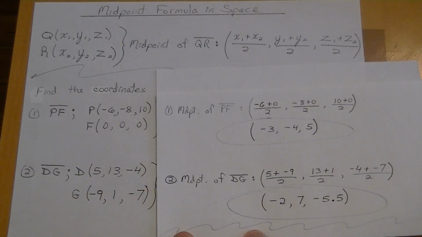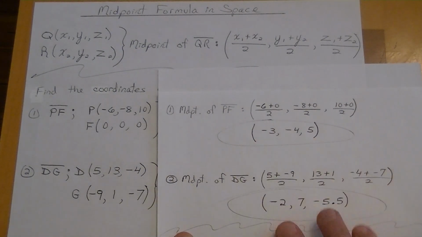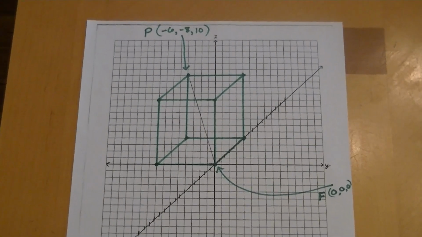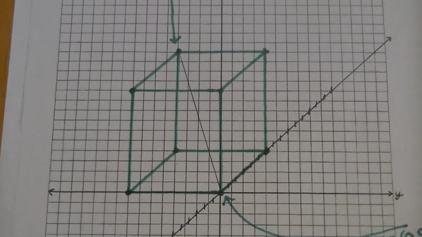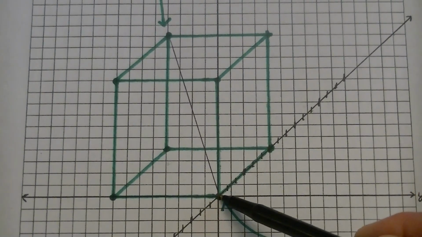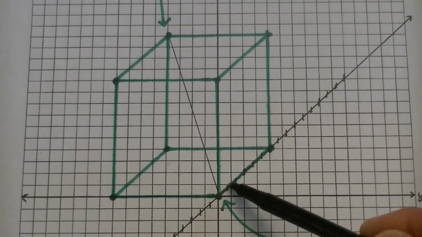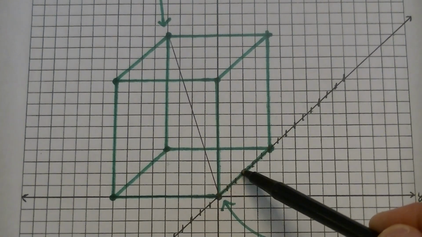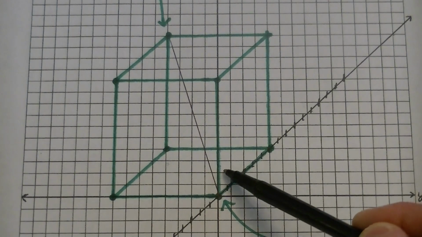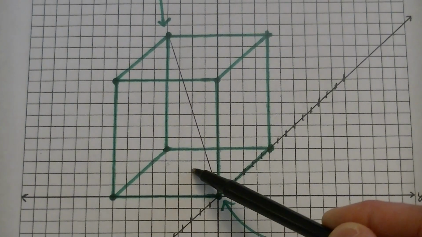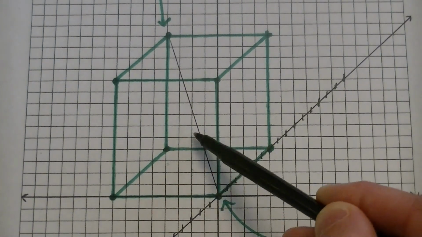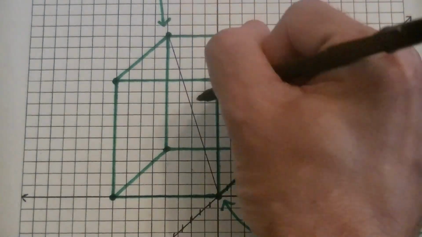So let's plot that point and see if it appears to be right. -3, -4, 5. I'm going to zoom in a little bit again here. So -3, -4, 5 would be -3 for x means go back 3 tick marks on the x-axis. -4 for the y means 4 spaces to the left. 1, 2, 3, 4. And 5 for z means up 5. 1, 2, 3, 4, 5. So right there